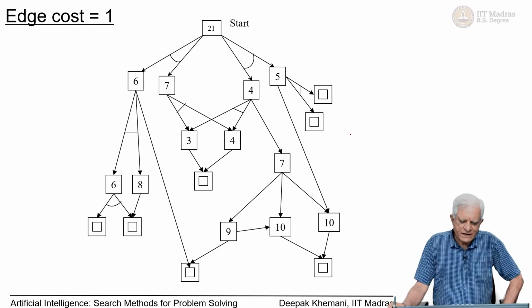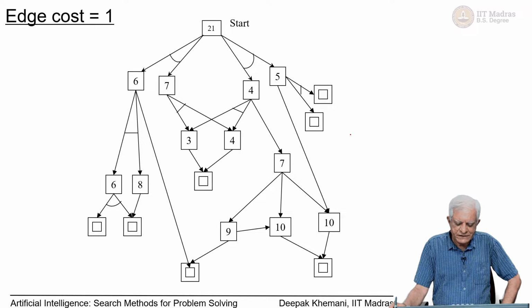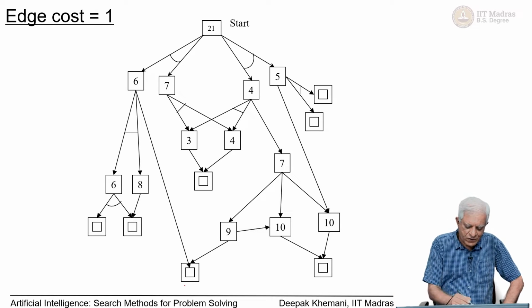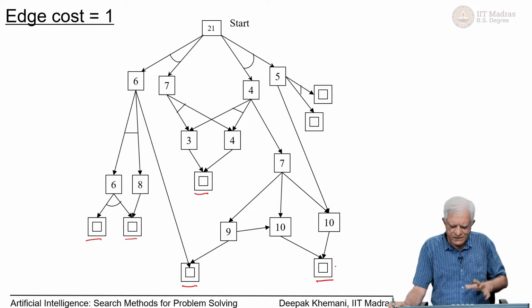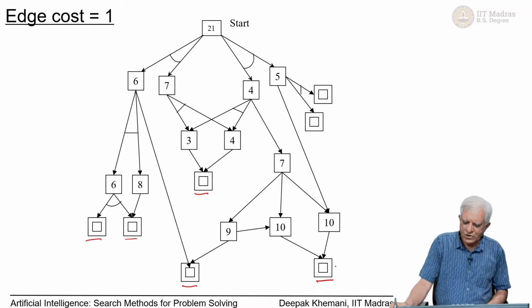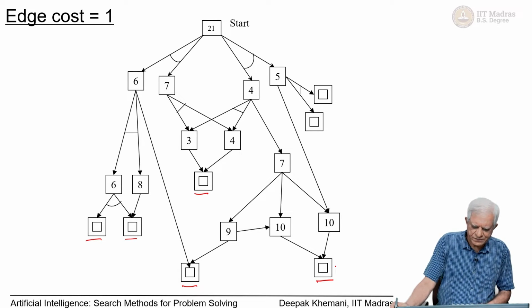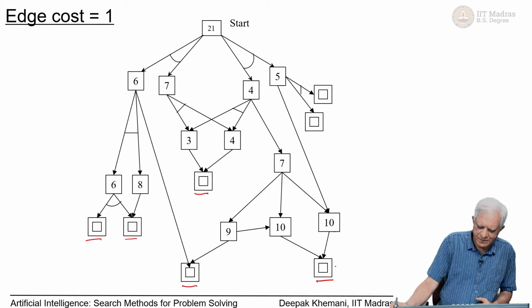So, we have been looking at this algorithm AO star, and let us now look at a problem graph which is shown on the screen. As you can see, it is an AND-OR graph. It has a certain set of solved nodes which are shown with double squares, and we assume for the sake of simplicity that the cost of that solution is 0. So, maybe we are solving a problem in mathematics or something like that,